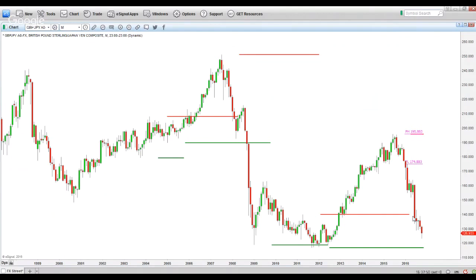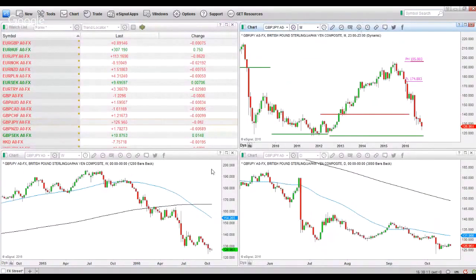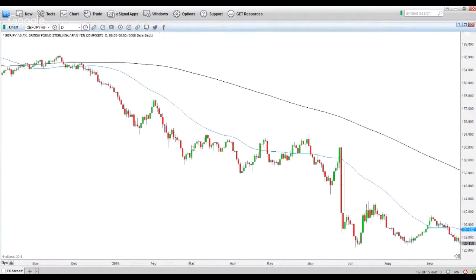We had no idea in which direction. Everyone was convinced that the UK was going to stay in the EU. Many people didn't vote because they were so convinced that was going to happen, but the UK voted to leave, and that caused a big drop in the pound on the day of the release of Brexit. And of course, I was short from around this level here, and I closed my positions around this level here.